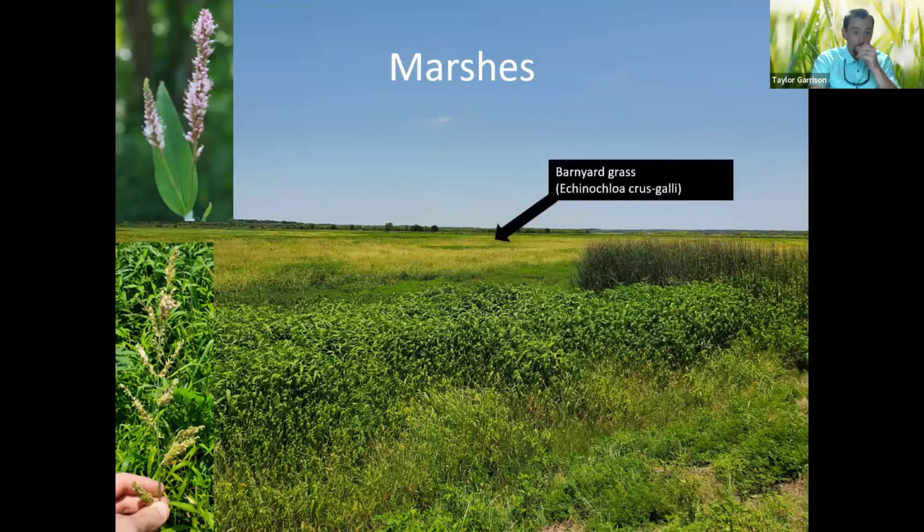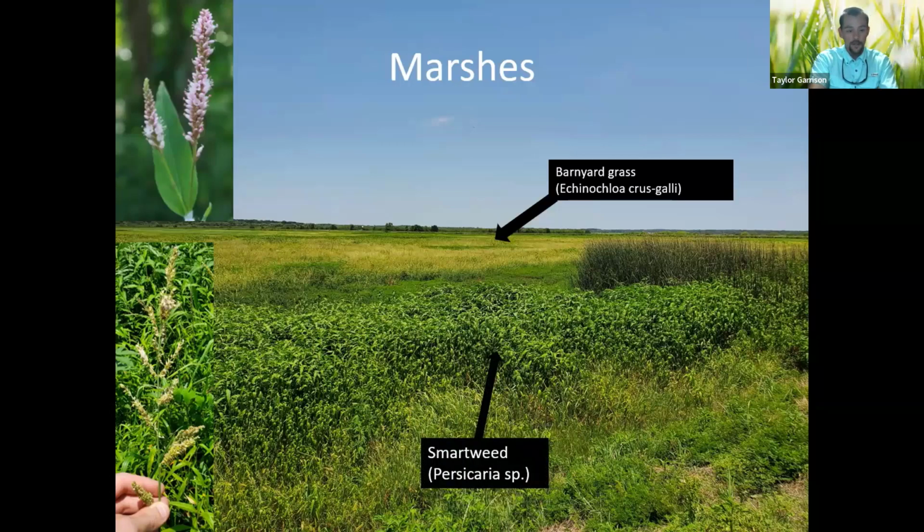But here we have barnyard grass, which is a non-native grass, unfortunately, but it is one that is preferred in some wetlands because it has a high seed production for ducks. And so typically it doesn't grow too far away from wetter situations like this. So it's not as much of an issue as a non-native grass, but it does dominate some of these wetlands. And we also have a smartweed, which there are a variety of species in this group, but these are very relished by several duck species as providing a lot of seed for ducks. And of course, our friend the bulrush, taller example there.